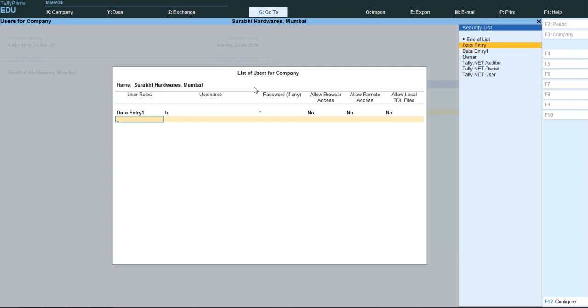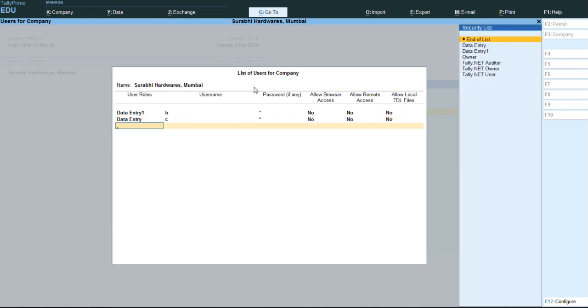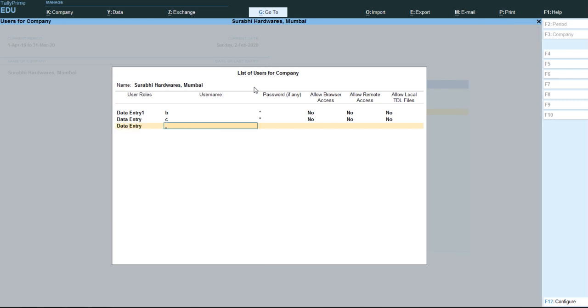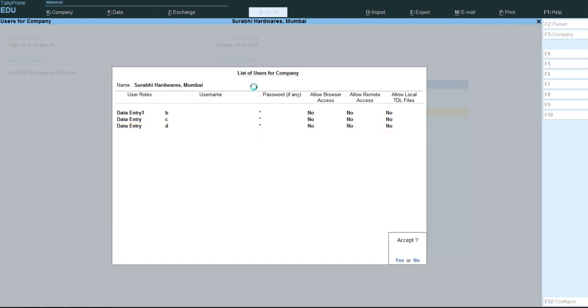I will create one more, data entry, username C, password given. Again data entry, username D, password given. End of the list.